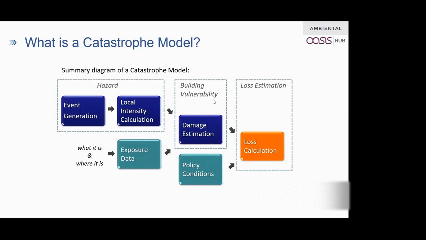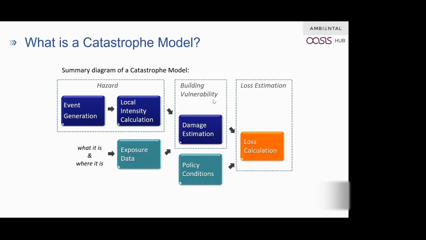Right, so here are the principal components of a CAT model. And before that, what is a CAT model? The commonly accepted definition is that it is a computerized simulation that uses scientifically derived physical models to estimate where a catastrophe event will occur, how severe it will be, and how much damage it will cause to properties. And most importantly, as we all care about, what financial consequences it will produce for the stakeholders. This is the most accepted and simplest definition of a CAT model.